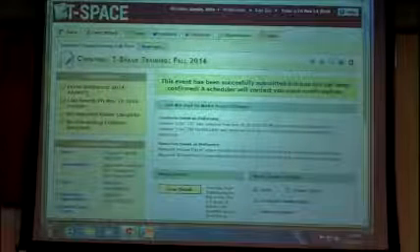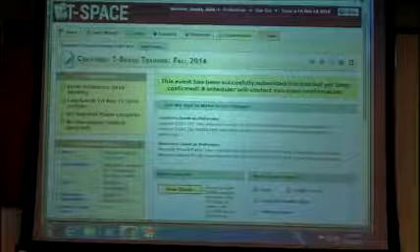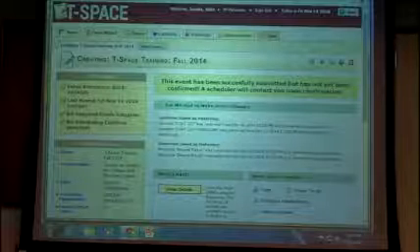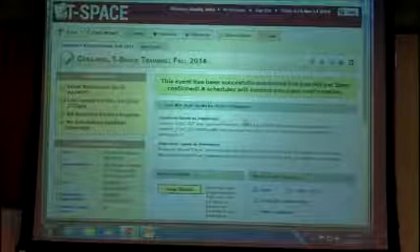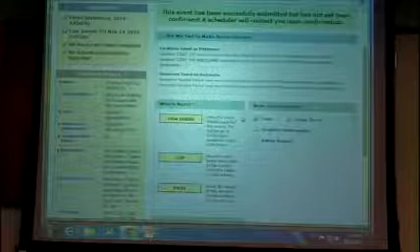So what it tells you afterwards is that the event has been successfully submitted but has not yet been confirmed, and that a scheduler will contact you upon confirmation. So if you looked at it and you're like, okay, I need to make sure I get a copy of this. I understand through the last system that it would automatically send you an email. Well, this system does not automatically send you an email. You have to actually email yourself. So you would click here on email,